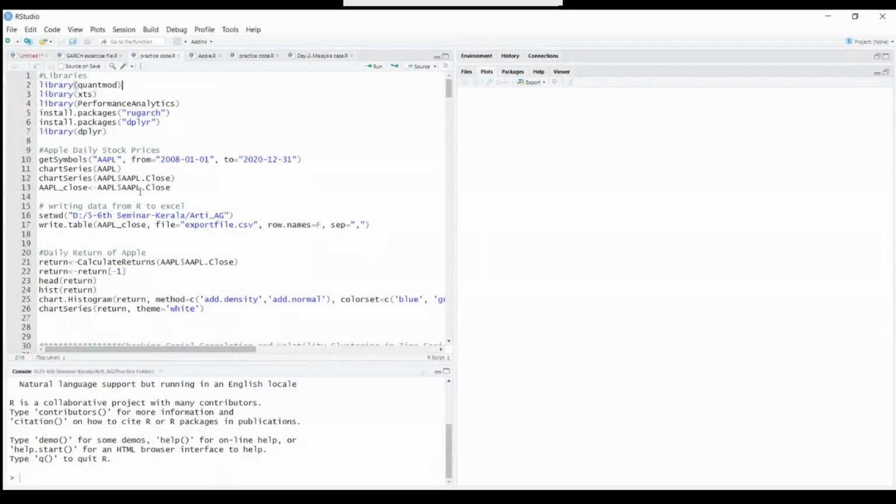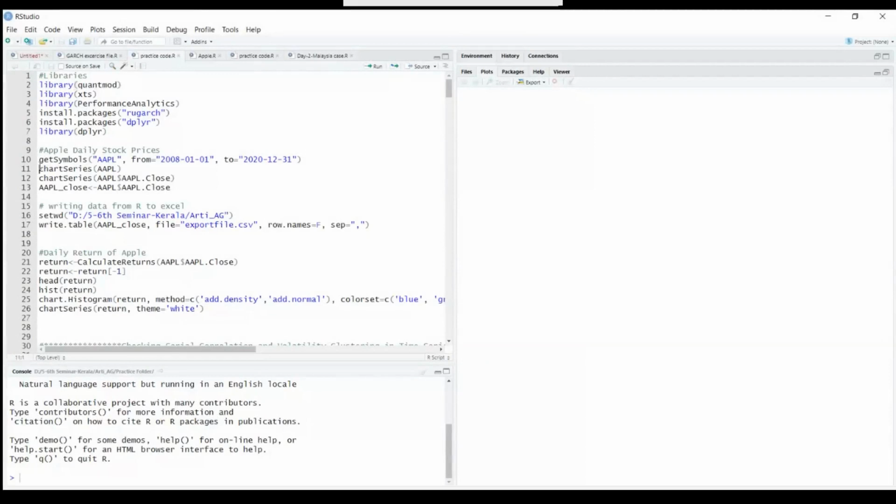Okay, so let us begin. Again, I would be using the Apple stock. After practicing this session, I would suggest you all to download the NSE data and practice by yourself. Give your file to me through Biju, or I can share my email ID, so I can assess whether you have done the practice and understood the concept or not, and I can give the feedback over there also. So that is the plan of the day.